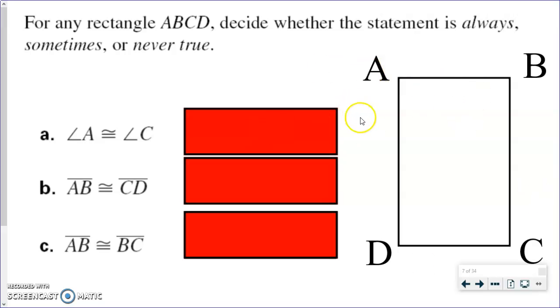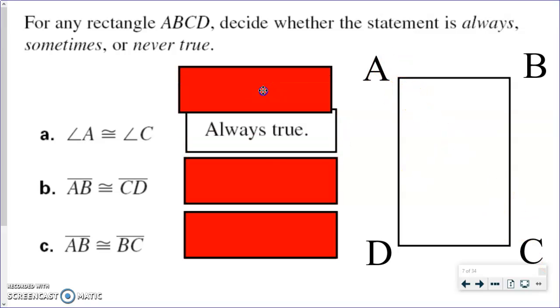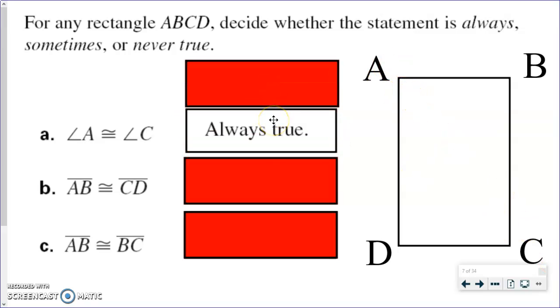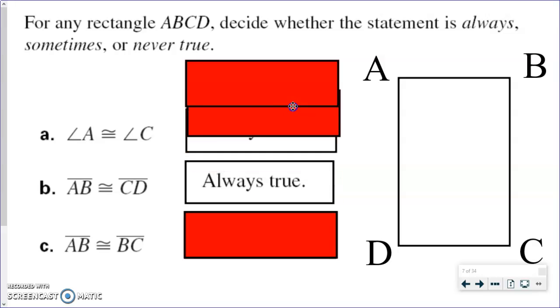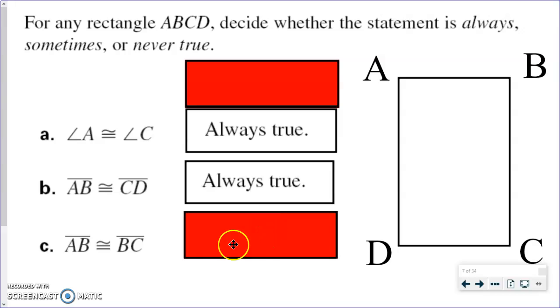Well, since they're all 90 degrees, and even if it weren't, since it's a parallelogram, the opposite angles are always going to be congruent. Right? AB and CD, are they congruent? Well, those are opposite sides, so they're still always going to be congruent in a rectangle, just like any other parallelogram. And then AB is congruent to BC. AB is this side, and BC is that side. So even though they don't look like they're congruent in this rectangle,